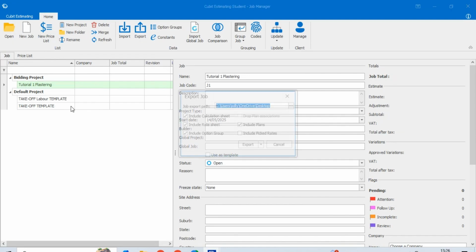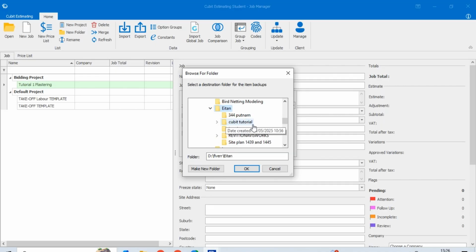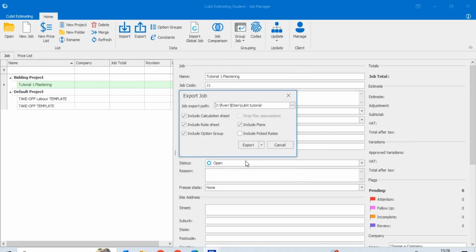It will be saved as a cbx file format. If you just want it in that folder, you just press ok, and then you'll go and find it in that folder. So then you export. Come to the end of